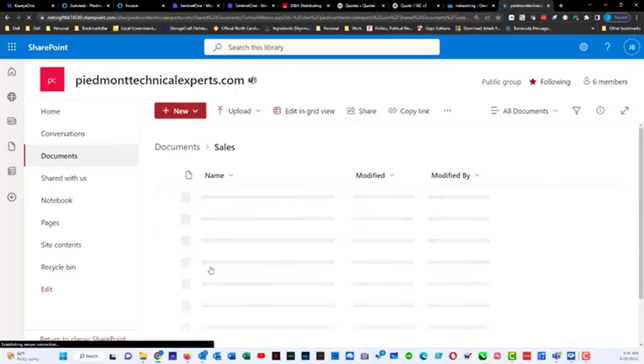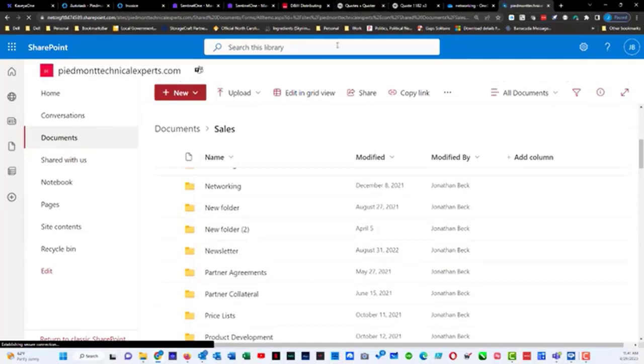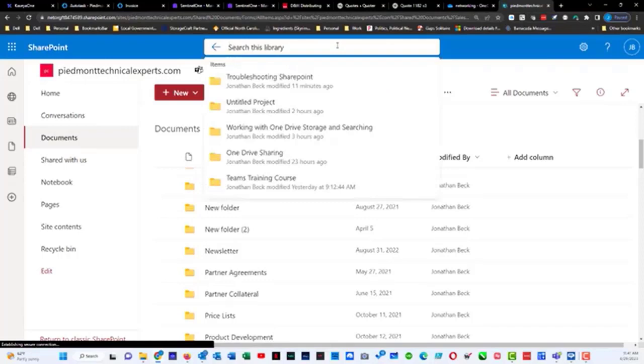And if I wanted to get even more specific, I could come down here to the folder videos and do that search, but I want to do a couple different searches from here. So it says search in this library. So instead of doing a search across all SharePoint sites, right now all I'm doing is a search in my sales folder. So if I wanted to do, say,